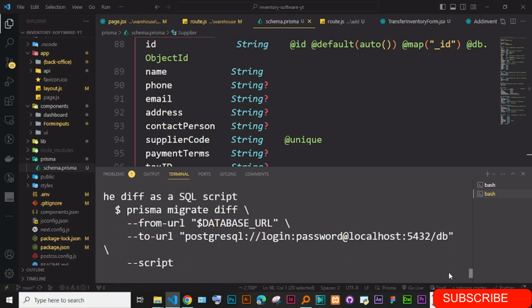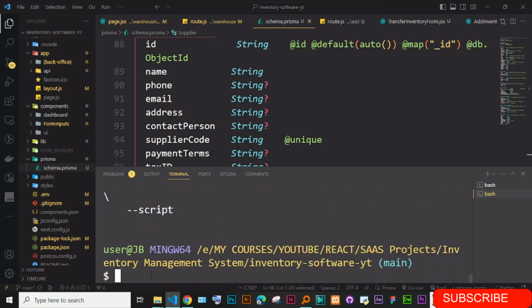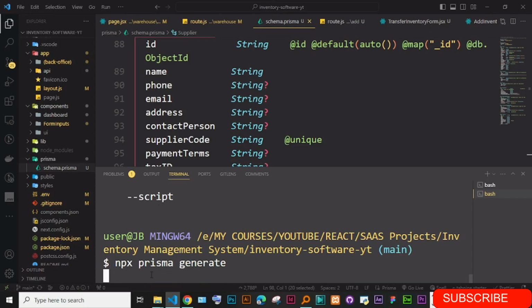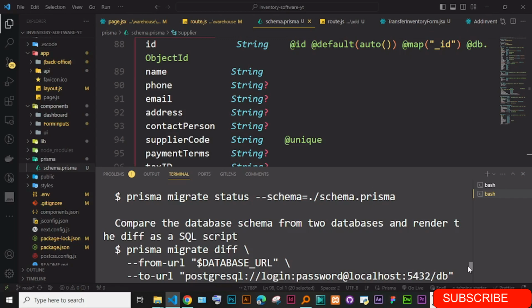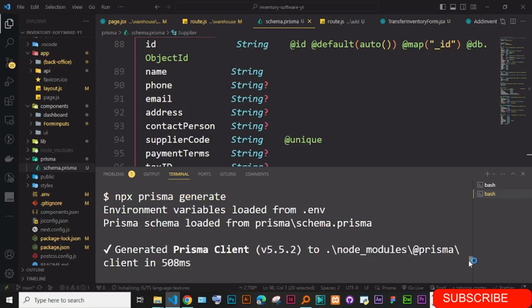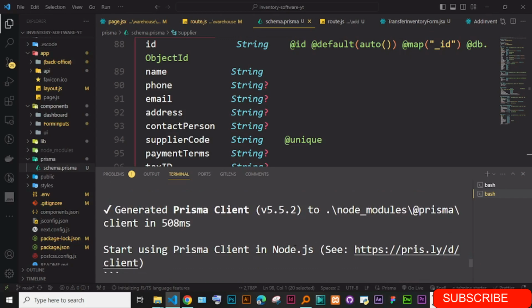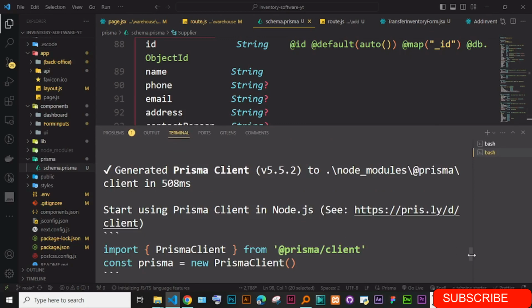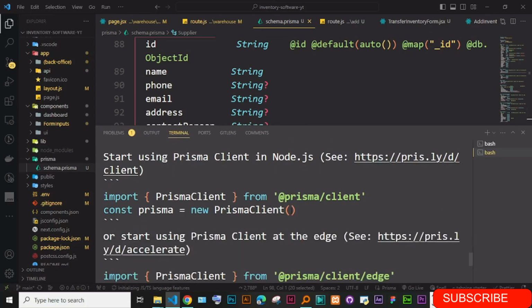It is not migrate, sorry guys, it is npx prisma generate. Migrate, you do it when you are using Postgres or SQLite. But this one you do prisma generate. This one generates a new prisma client based on this,